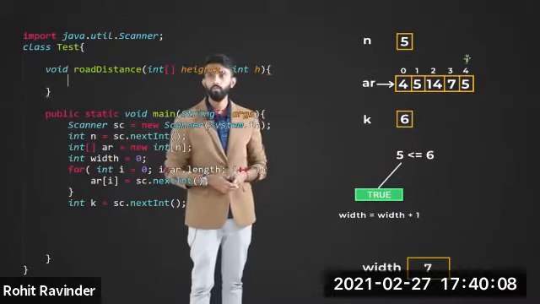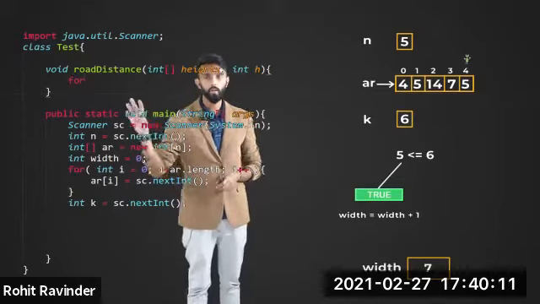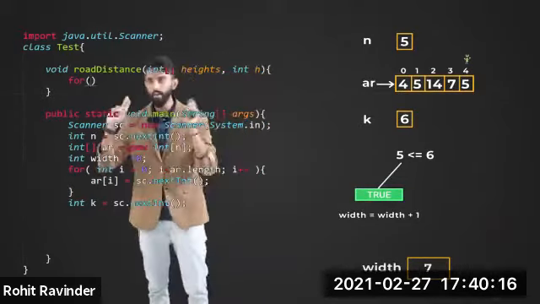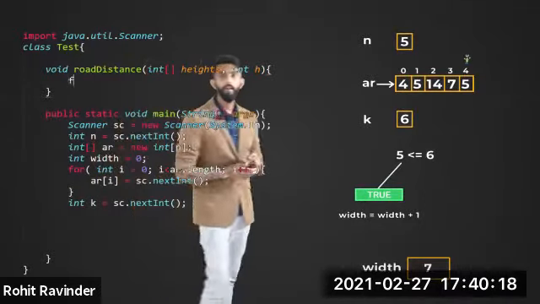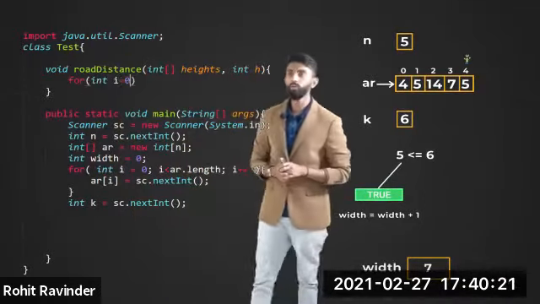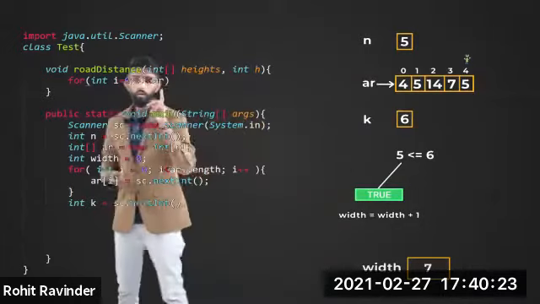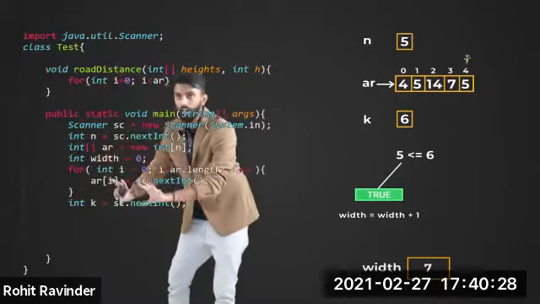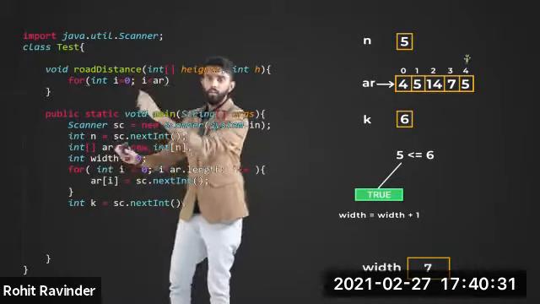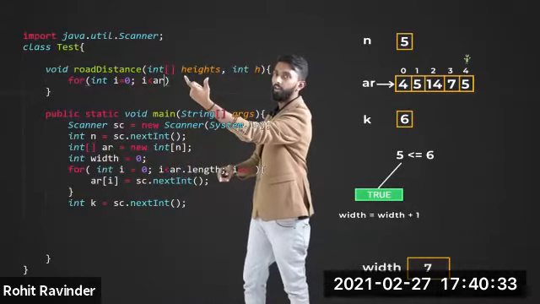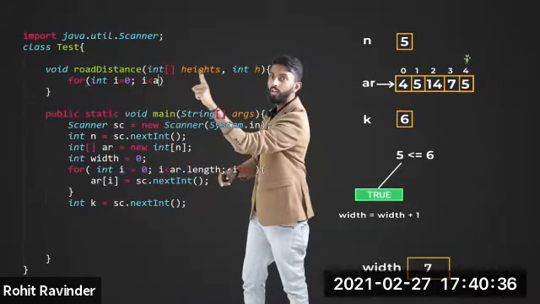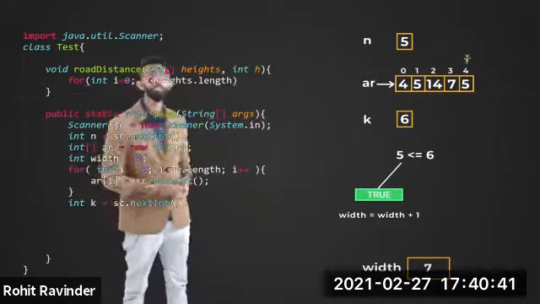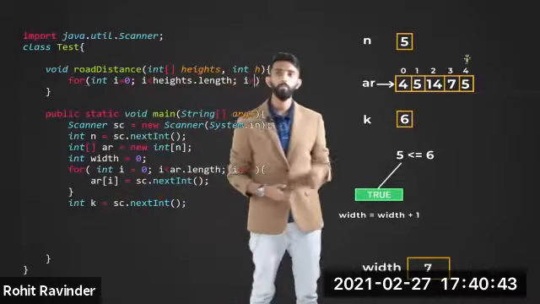Next I will paste. Okay, sorry, because we copied something else. What we copied went off. Anyways, it's good, we have to type it again. Quickly tell me what will I write. So I'll write for int i equal to 0, i less than or equal to, now, should you write ar? That would be a mistake because ar is the array here. But inside this function, whatever array you pass will be collected in a variable called heights. So the name of the array here is heights. So I will write i less than heights.length minus 1, i++, as simple as that.